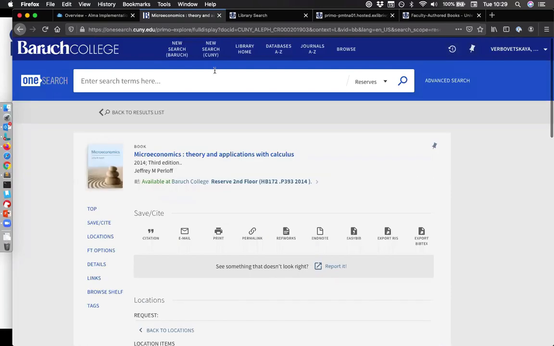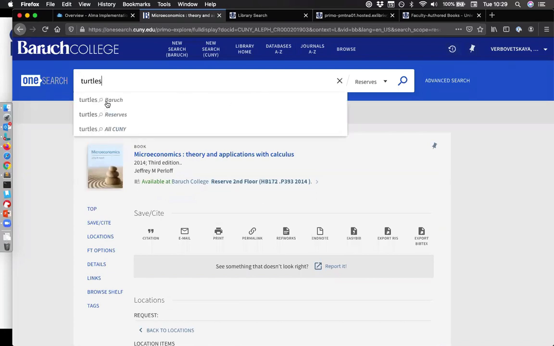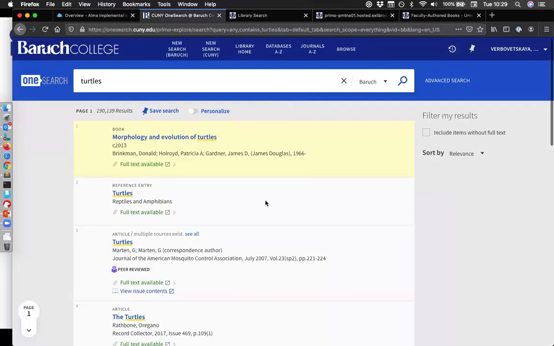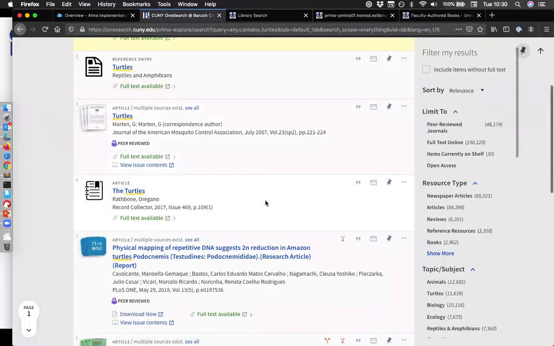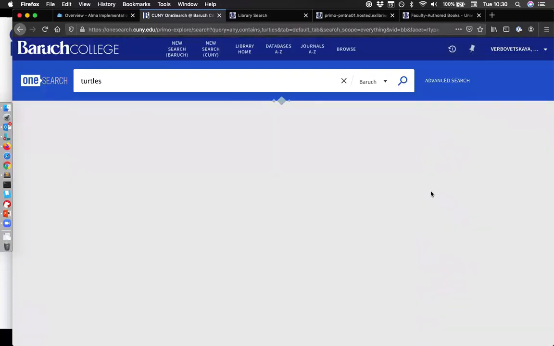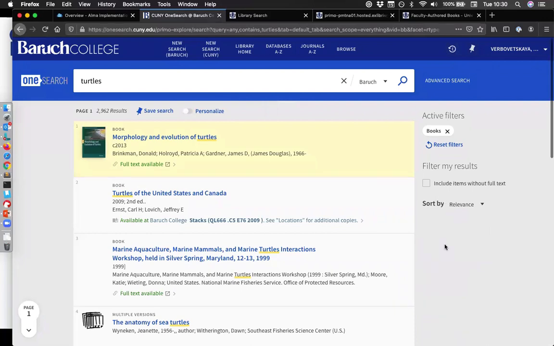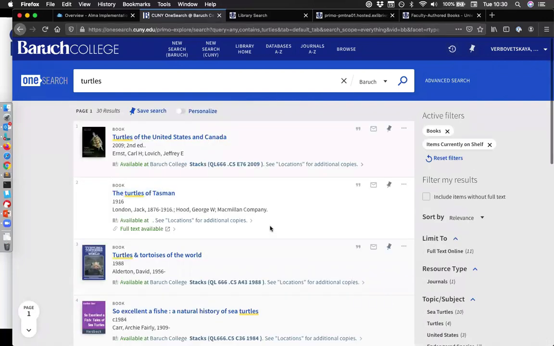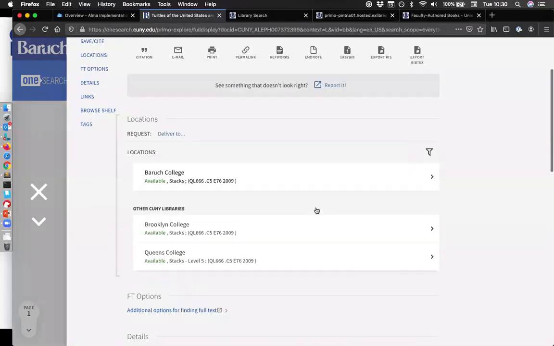So let's take a look for something about turtles in the regular Baruch scope. We can limit it to books. We can limit it to currently on shelf. Okay. So this, Turtles of the United States and Canada, if I wanted to